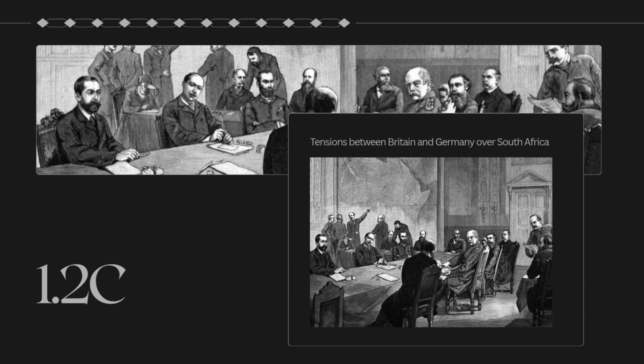Kaiser Wilhelm II congratulated Kruger behind Britain's back. Historians agree that the telegram was meant to teach Britain a lesson, boost Germany's reputation, and show support for Boer independence, while Britain saw it as proof that Germany wanted to challenge them. In 1899, Kruger demanded that Britain withdraw and grant full independence for the Transvaal, but when Britain refused, the Second Boer War began. Britain eventually captured Pretoria in 1900, and after years of guerrilla fighting, the Boers surrendered in 1902 under the Treaty of